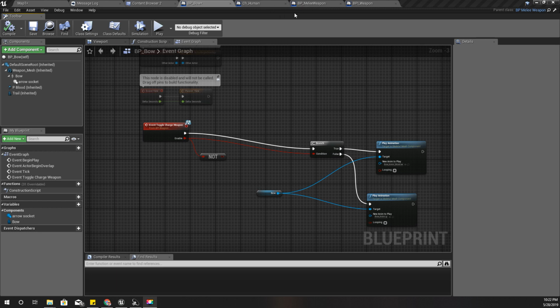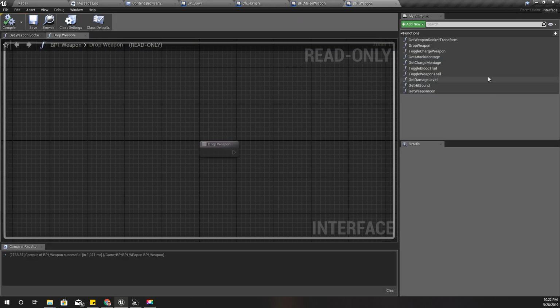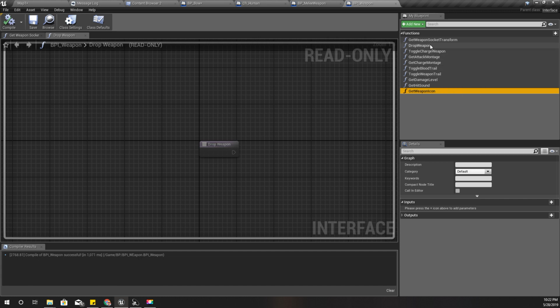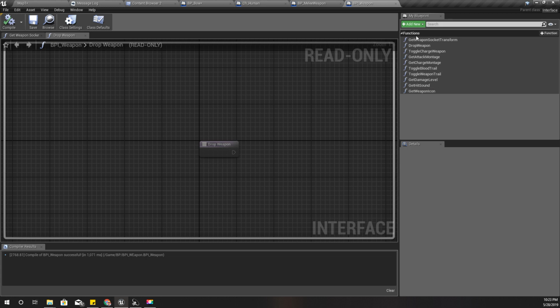I am implementing this BPI weapon interface on the weapons. So let's see if we have a suitable function to fire arrows. It seems I don't have. Right, so I'll add one